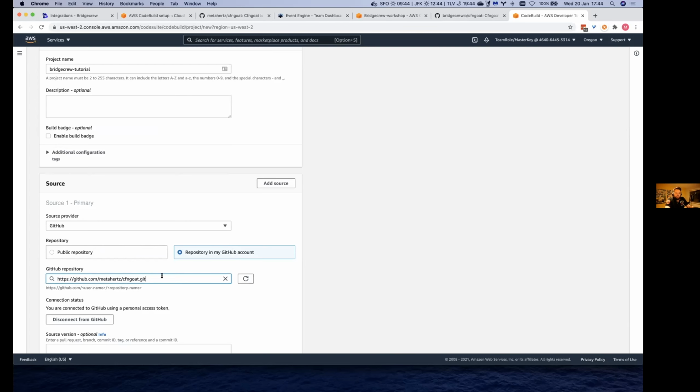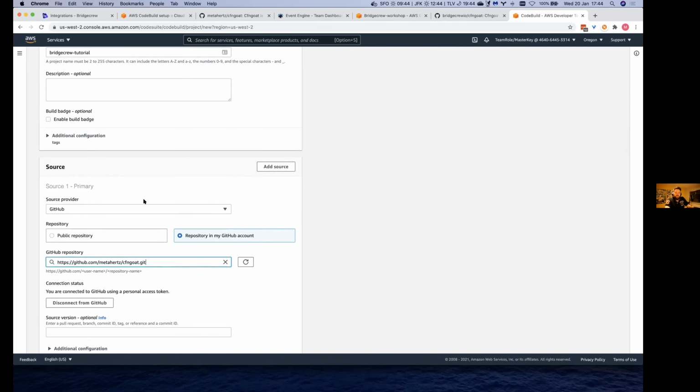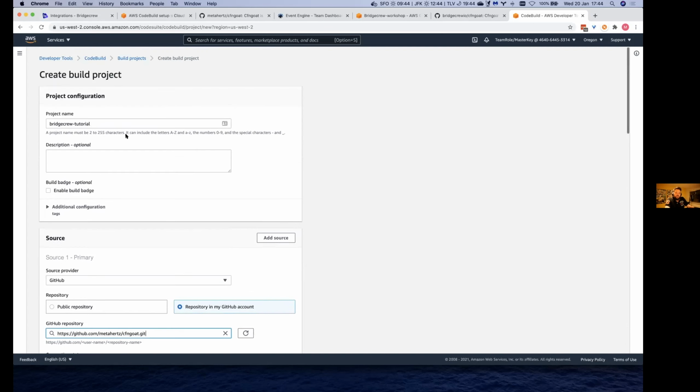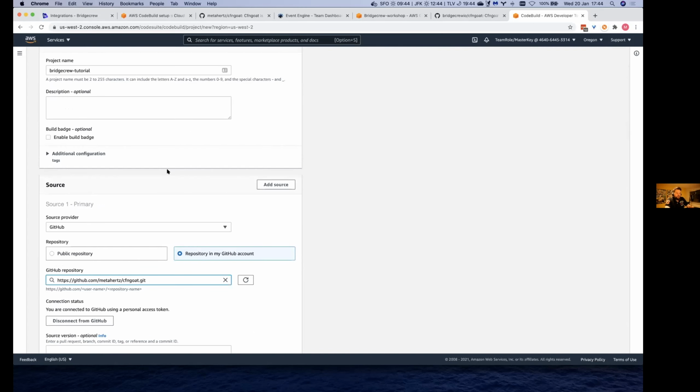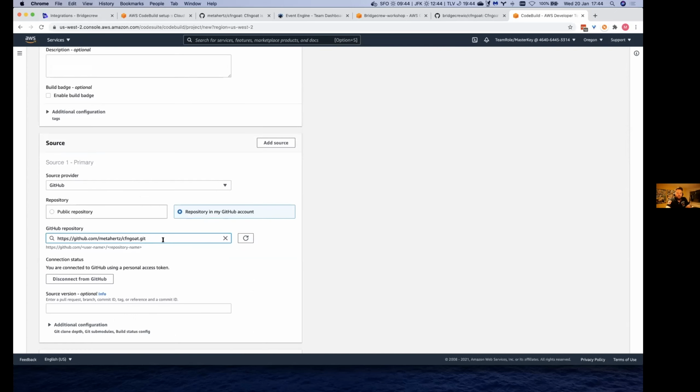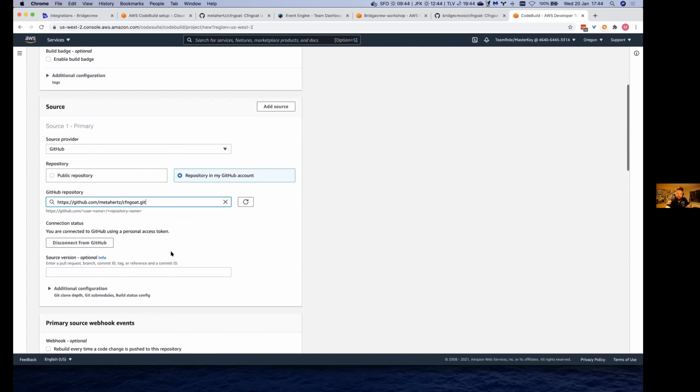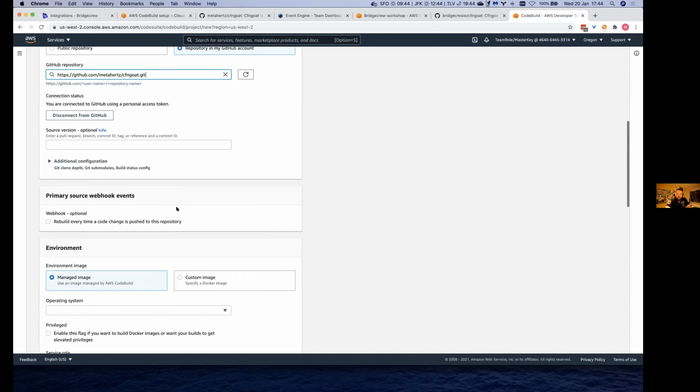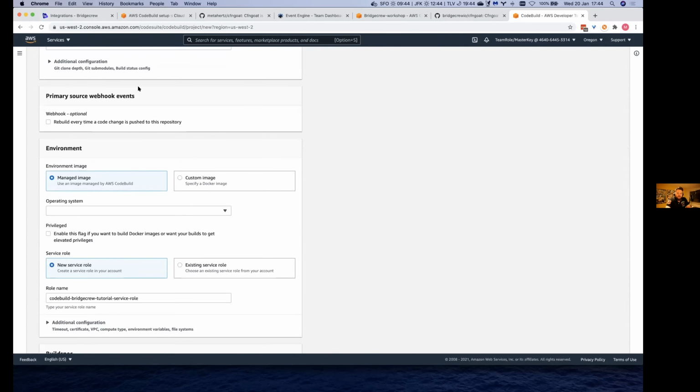So we'll click that, and that basically allows any builds we do with this build project to access and clone and get a copy of the current version in our source control. What we'll then do is, again, in the screenshots, if you need to go back through this or want to redo this on your own time,